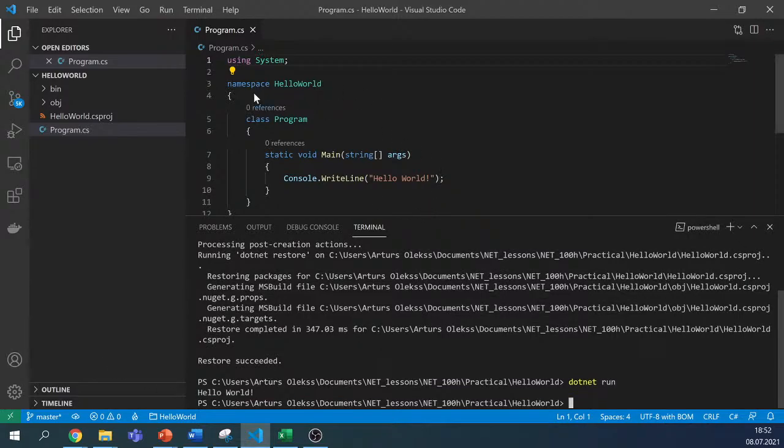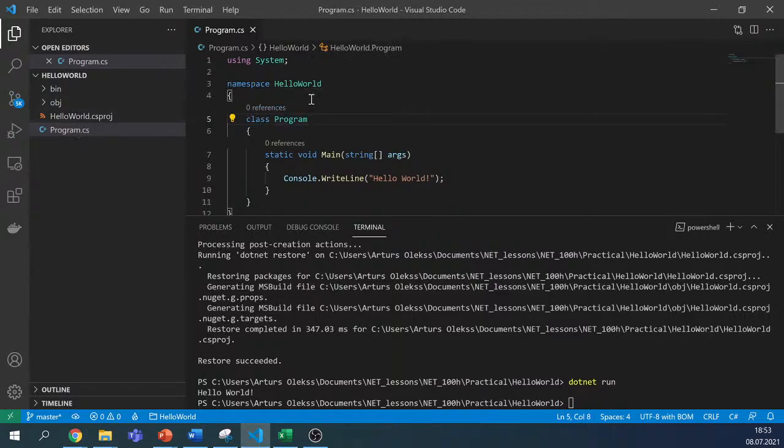And basically what we can see here, first we have using. You will almost always see this part, so it means that you use system commands, basically. Then we have namespace, that's the identifier of this current class. In this case, that's the identifier which belongs to the folder, and usually the namespace will come from the folder name. So it will usually be the same as the folder name,